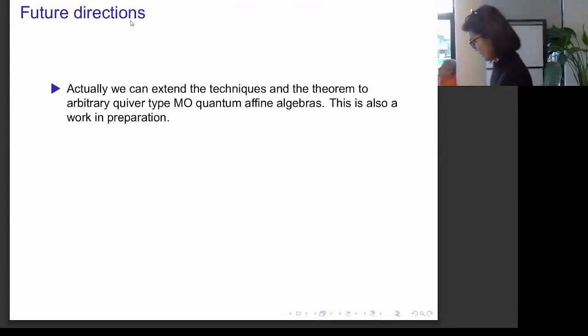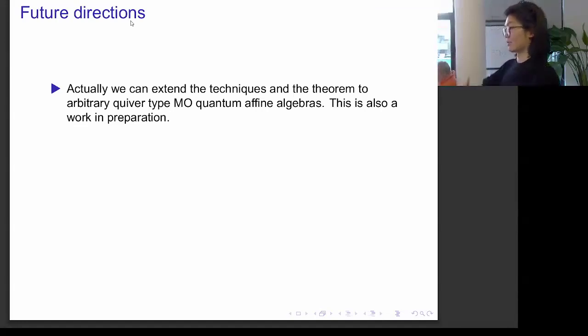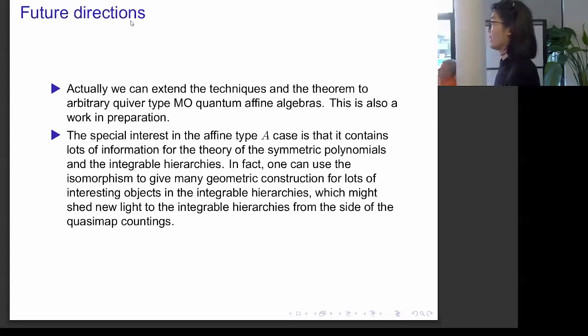So in the end, I'm going to talk about some future directions for this kind of work. We can extend the techniques and theorem to arbitrary quiver type Maulik-Okounkov quantum affine algebras, and this is also work in preparation. For the other types, it is much more difficult because we don't have the isolated fixed point basis, so we need other techniques to make it work. And the second thing is the special interest in type A,